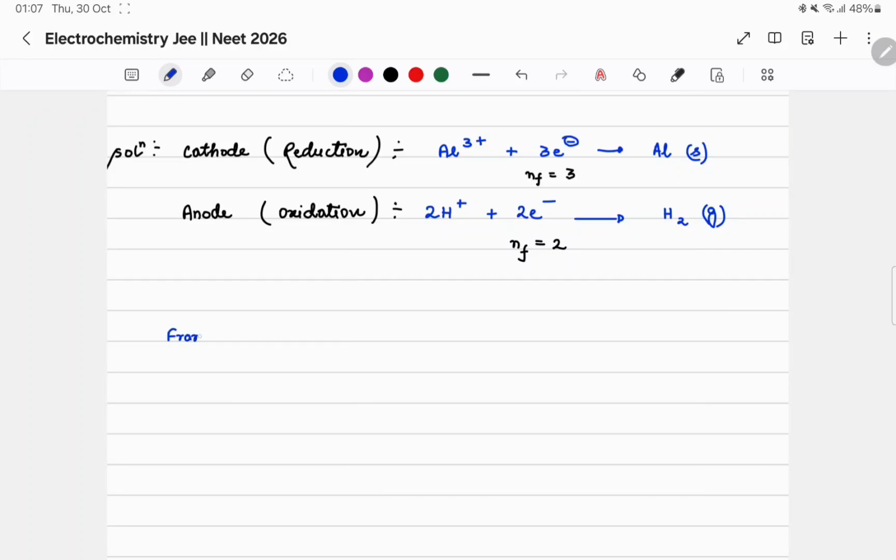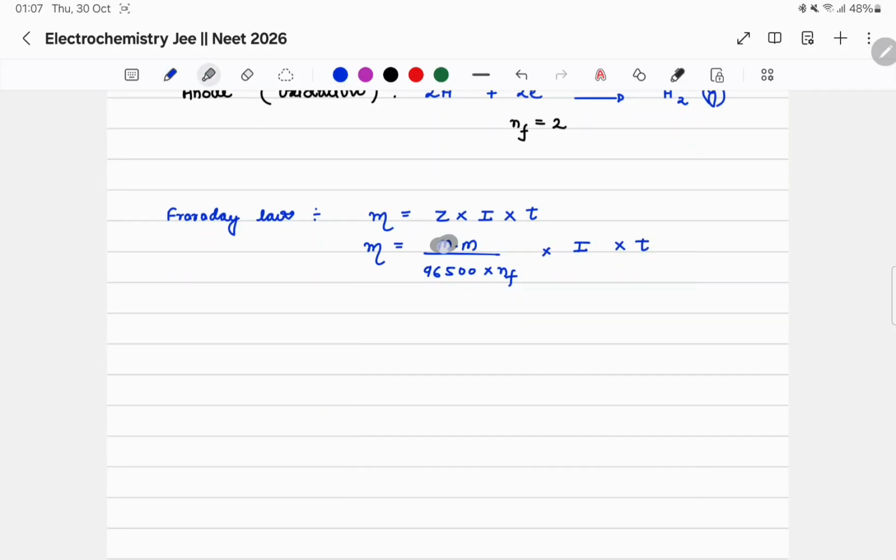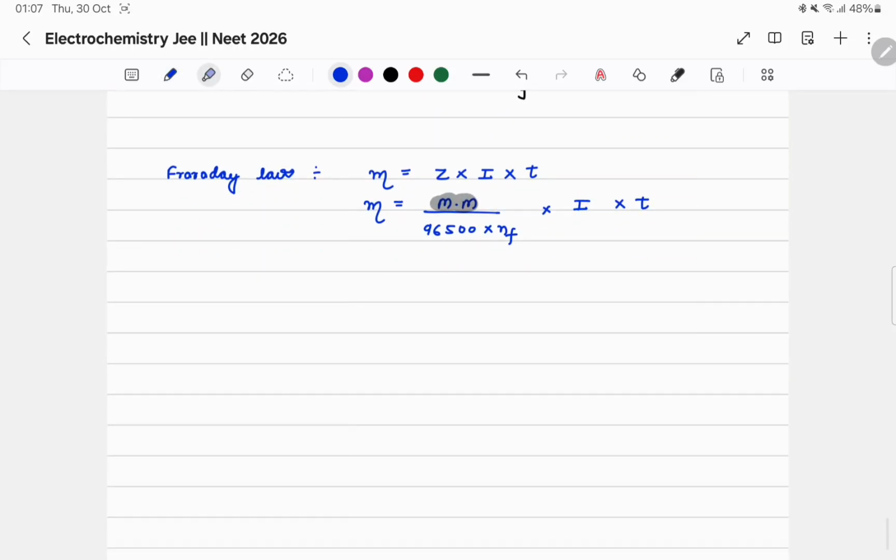Faraday's law: we already know M is equal to what? Z into I into T. Z is the electrochemical equivalent. Z value, what can I write? Molar mass divided by 96500 into N factor, into I into T. That is the basic formula. Now what I'm going to do, just check it. Molar mass I'm going to transfer to the left hand side. So what can I write? I can write given mass divided by molar mass will be equal to I into T divided by